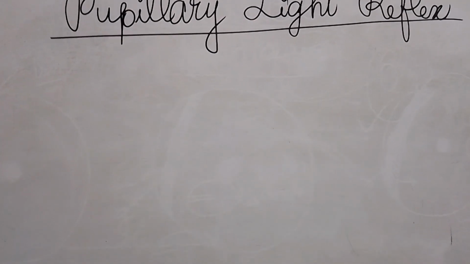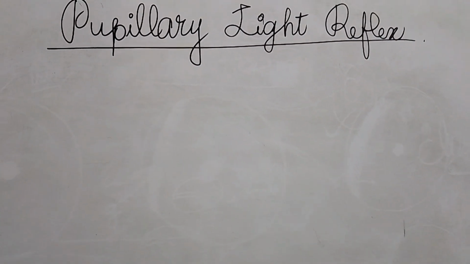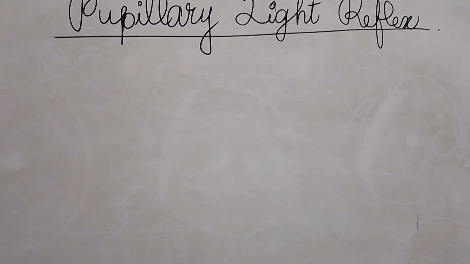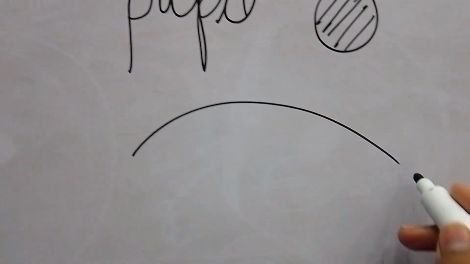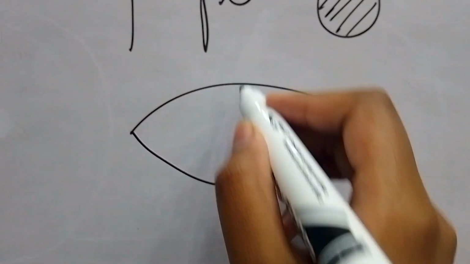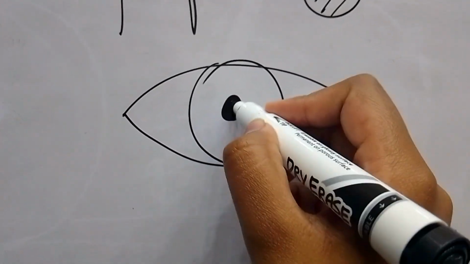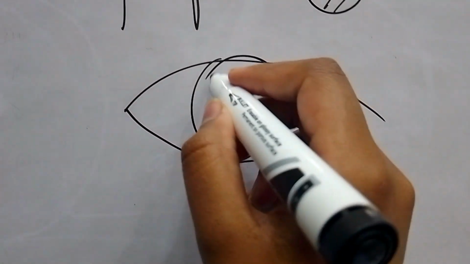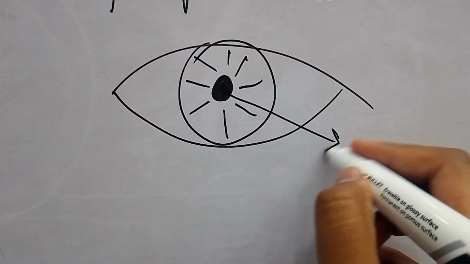Today we are going to learn about the important topic which is pupillary light reflex, right? So with the name you can understand that pupillary means the opening, right? So the black opening is the pupil that regulates the amount of light. So in our eye over here, so this is our eye, and over here we have a jet black opening. So this opening is basically the gap between the irises, right? So this is the pupil,